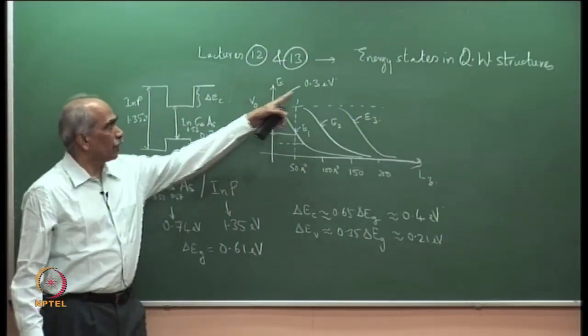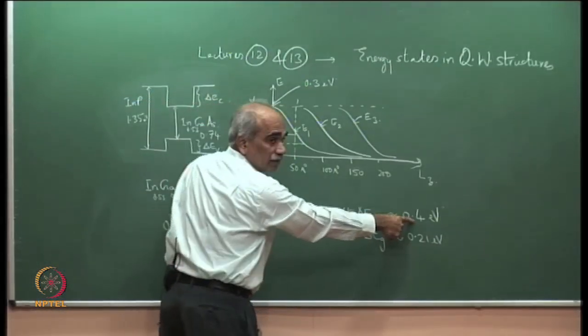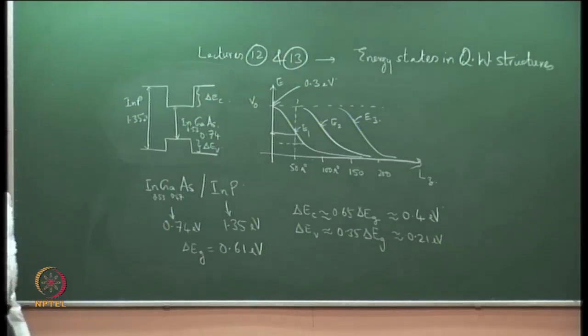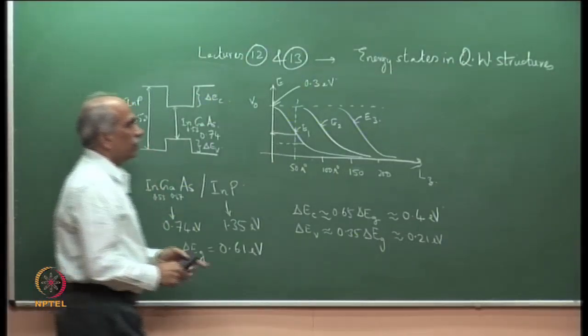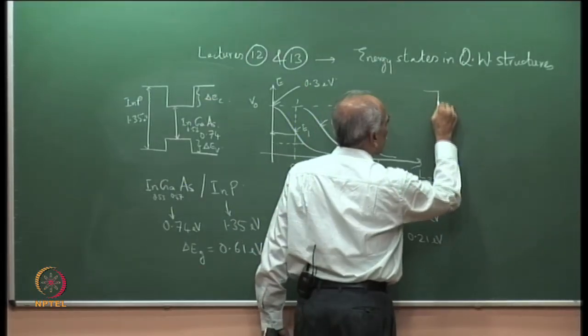I had written here 0.3. You can see this is what I had written as 0.3, but in my calculation here it is 0.4. So, that is 0.4. If I take a bulk indium gallium arsenide, that is a double heterostructure,